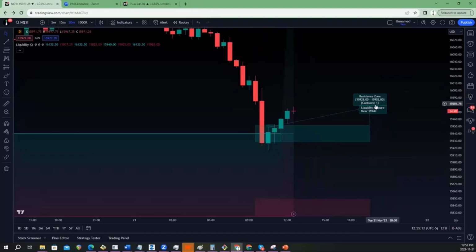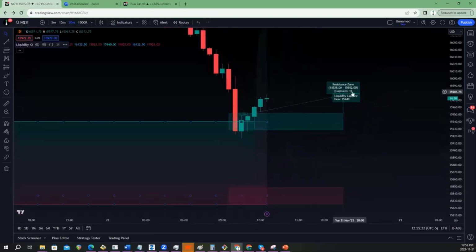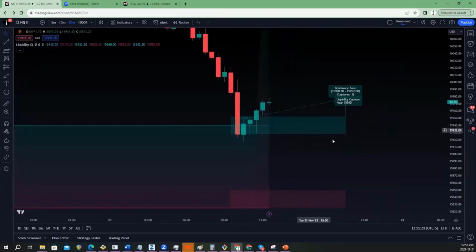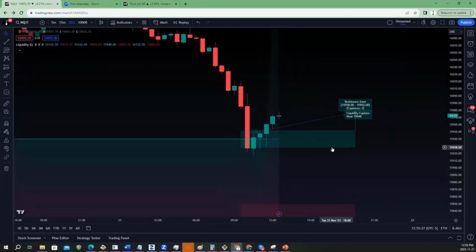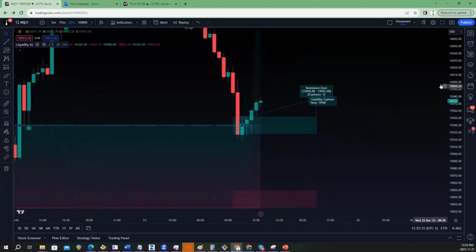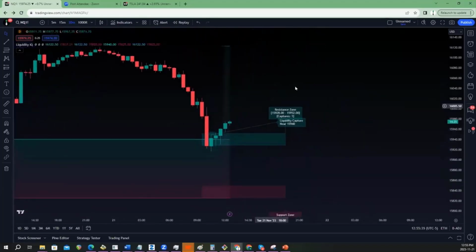The reason why we put the number of captures here is because we found that when there is a large amount of captures at the same zone, so let's say this keeps happening 5, 10 times, at that point there's 5, 10 times the amount of exchanges or high liquidity moments at that zone. Well, we don't know what that means. Does that mean price is going to break it or price is going to rebound off of that zone? We don't know. But what we do know is there's an extremely significant amount of action happening at this zone,